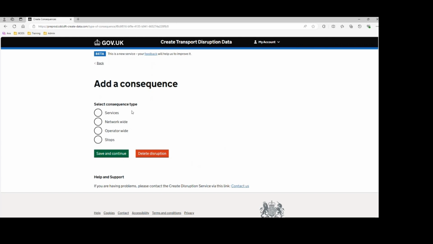And then finally, is stops. So let's say roadworks block access to a specific stop. The most commonly used ones are stops and services. However, I will be running through all 4 in this tutorial. So if I start with stops,